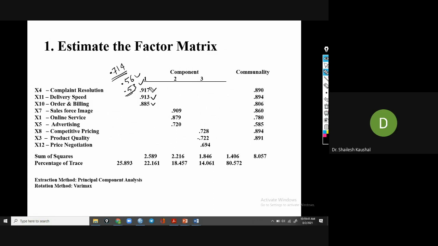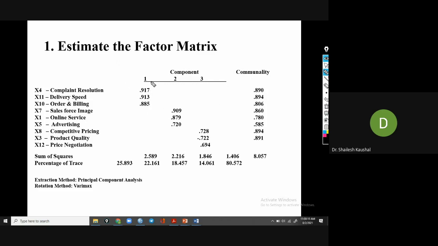Okay, but sometimes if my factor loading value is like 0.56 or 0.53, we also retain these variables, because the factor loading value depends on the sample size also. If sample size is high, meaning 400 or 500, then we can take a factor loading value of 0.4 to 0.5 also. Here Anderson gave a table: if the factor loading value is low and sample size is high, then we can retain these variables in our study.